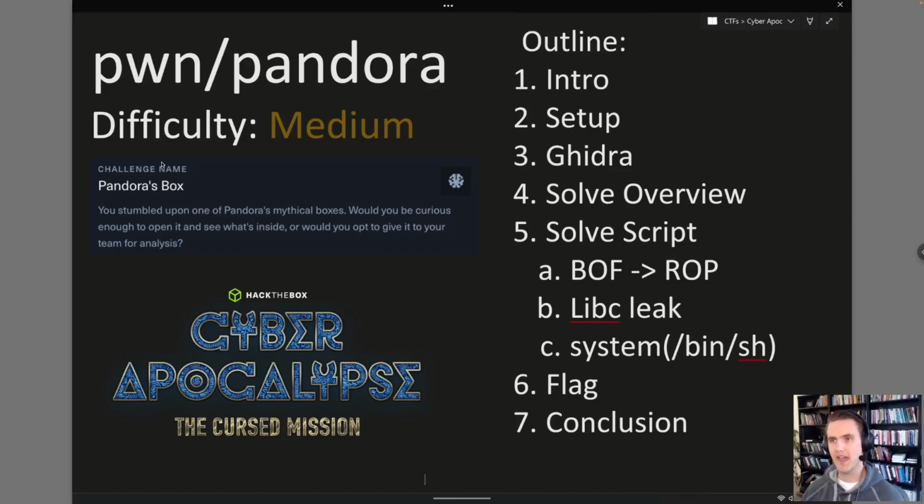So this challenge was Pwn Pandora. It was a medium easy CTF challenge as part of Cyber Apocalypse 2023. In this challenge, we're going to be doing some buffer overflows. We're then going to ROP to do a libc leak, and then we're going to jump to system and call